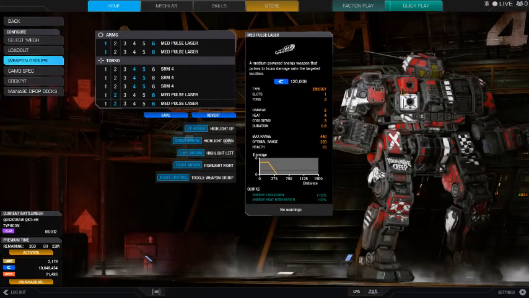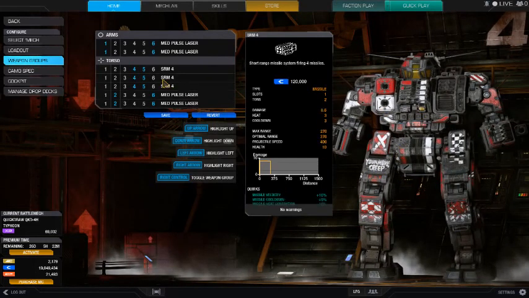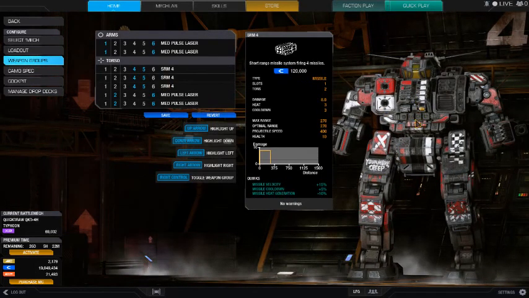Actually, oh, that's them right there. I've got that reversed. That would be the right side. My bad. And then you have the SRMs. You can see the missile tubes here,